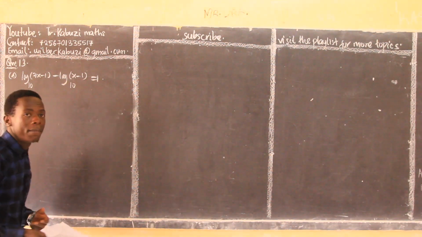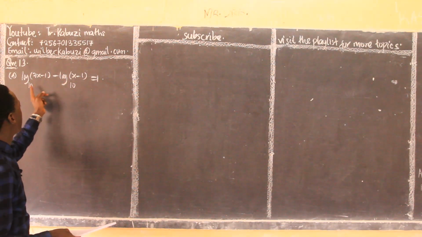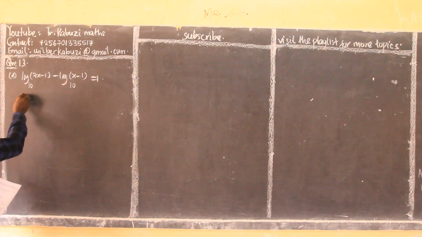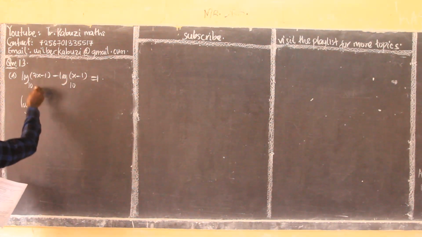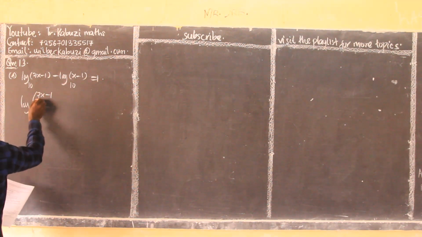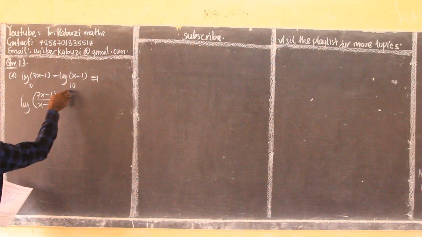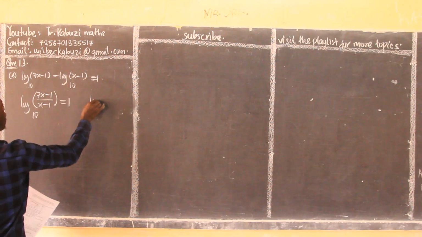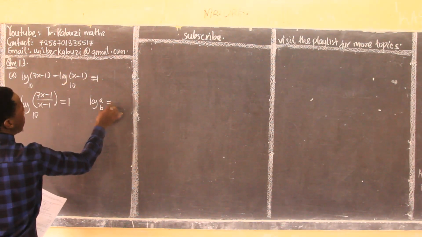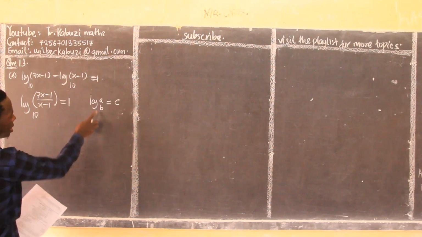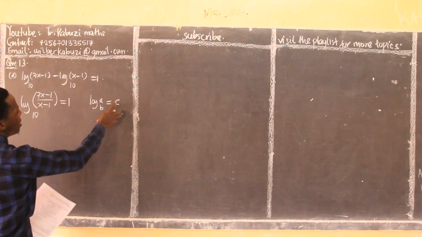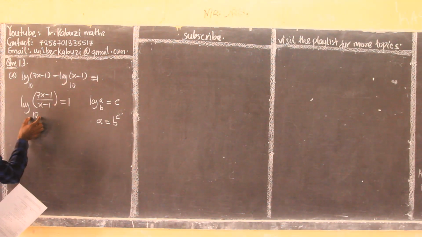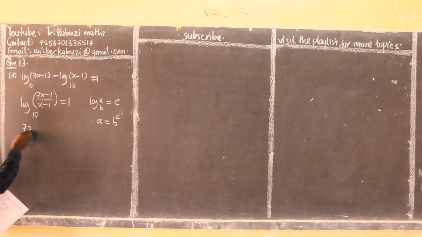We start by applying the simple property that if I'm subtracting two logarithms, as long as the base is the same, I divide the arguments. So this now will be log, you get now, divided by, the base is the same, equals 1. Then I apply this property: if I have log of A base B equals C, this means that A is equal to B to the power C. So now I have this, the order of this is my A, this is the B, this is the C. So now I have 7